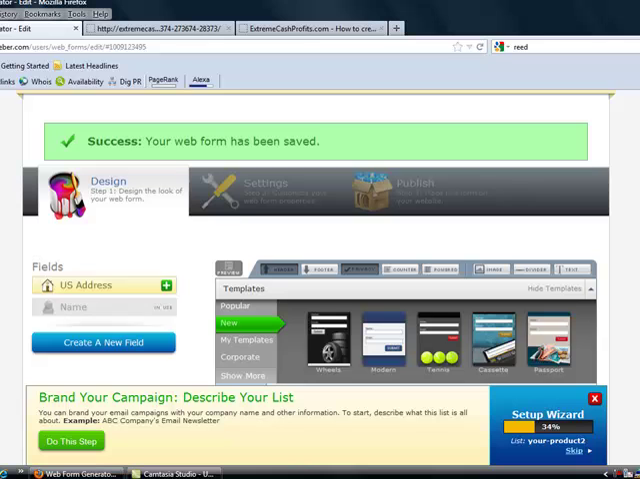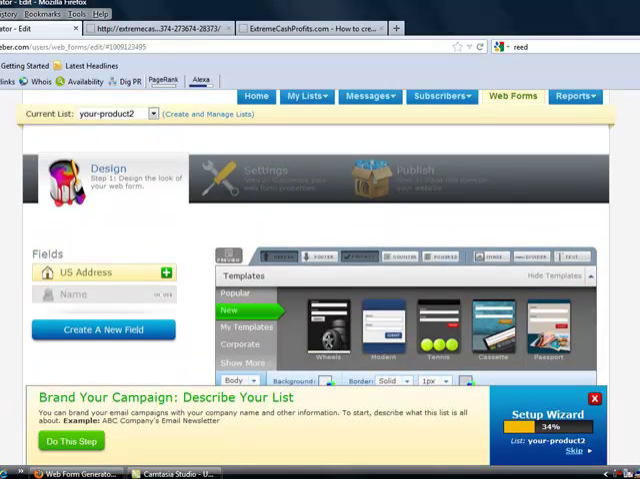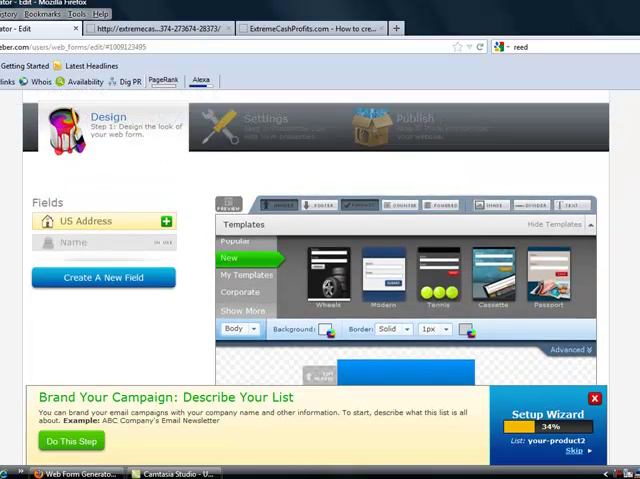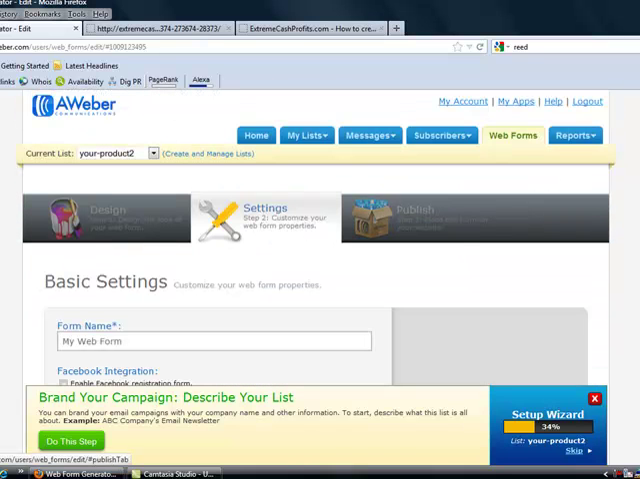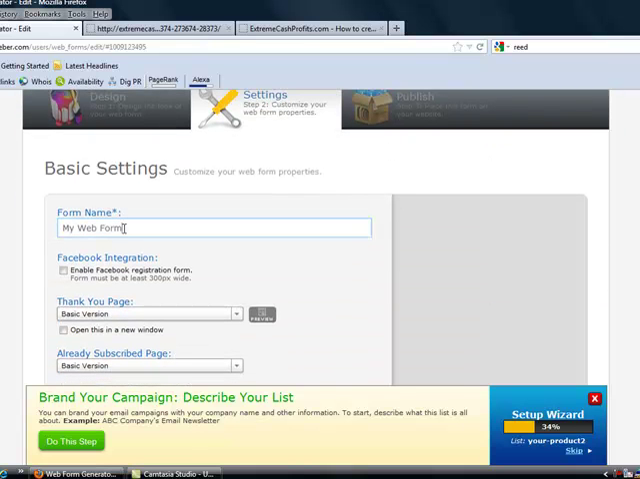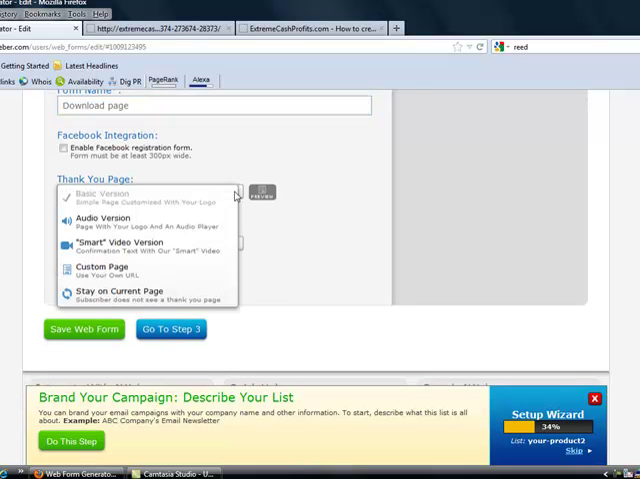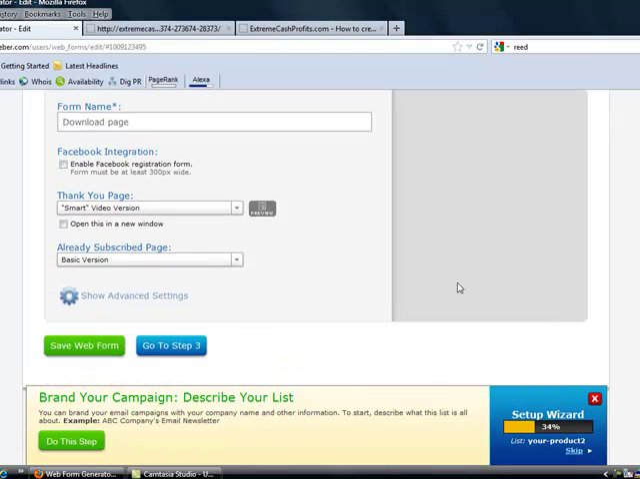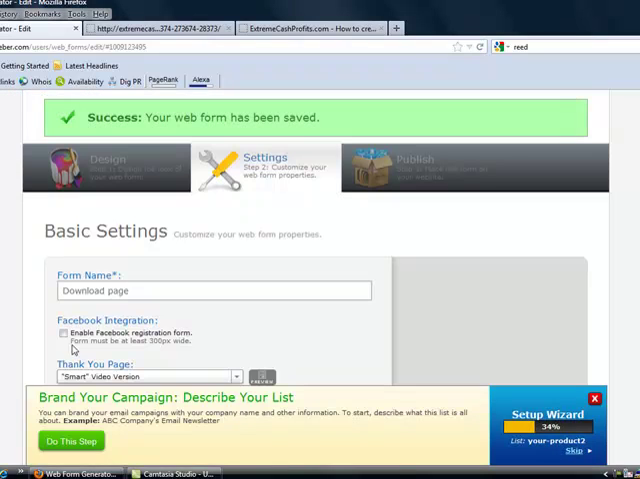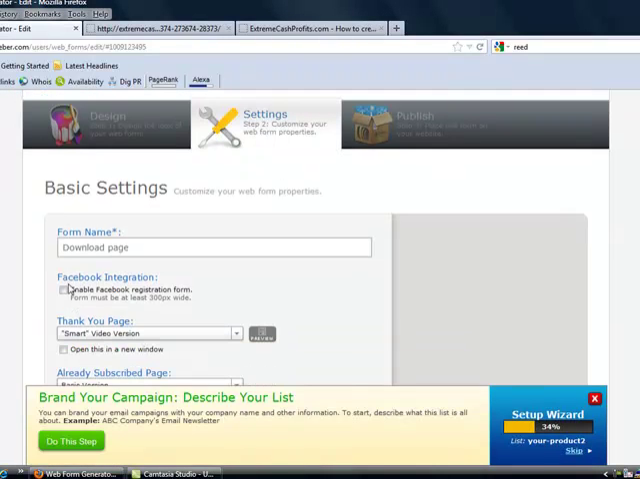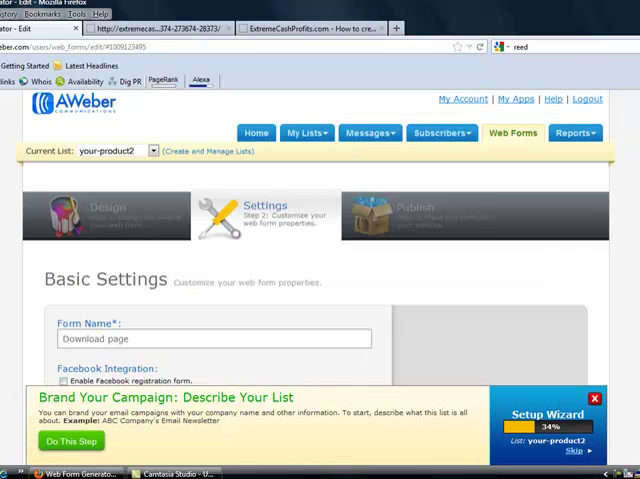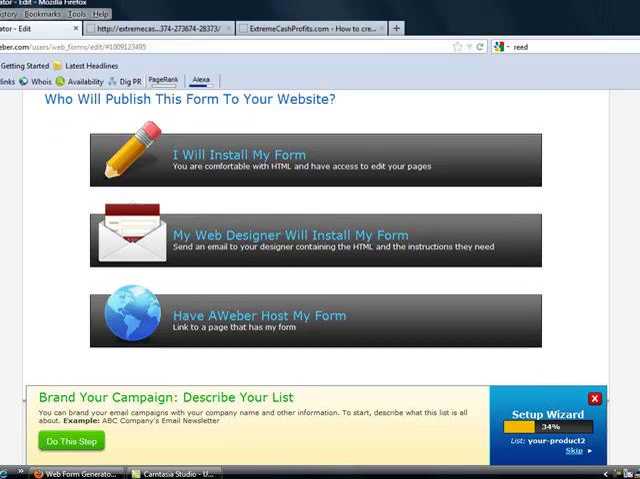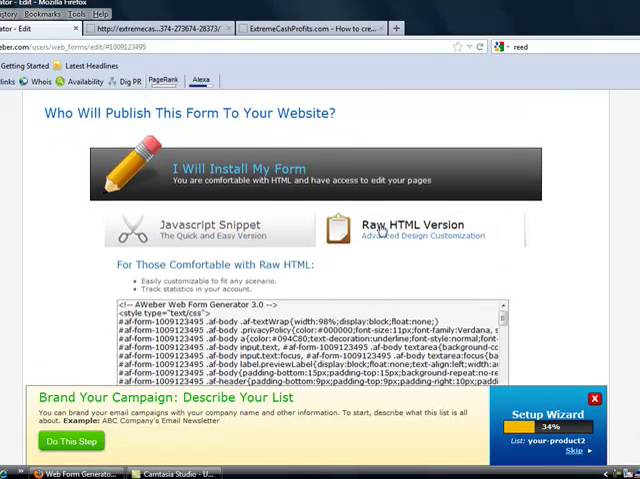Now this particular opt-in box in front of you, this is going to be settings, this is going to be your download page. So I usually put download page in there. Thank you page, I usually put the smart video version because that's fairly cool. Download page, and then save web form. I mean, you can put product download page or whatever, but I'll just leave it like that for now. And then we go to publish, and then again I will install my form, raw HTML, and